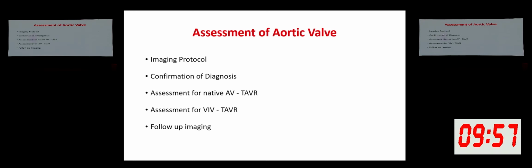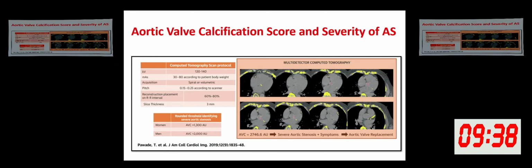So we need an imaging protocol, I think already has been discussed, and confirmation of diagnosis. Yeah, CT will give an extra added advantage, where it's a low gradient aortic stenosis, and based on the calcium score and planimetry. And again VAV for the virtual distance for the coronaries, it plays an important role on follow-up imaging also. So I think the calcium score already we discussed. For males it's more than 2000, and females more than 1300. It indicates a severe aortic stenosis.